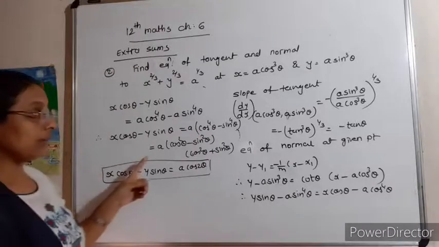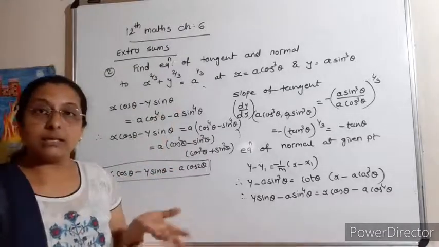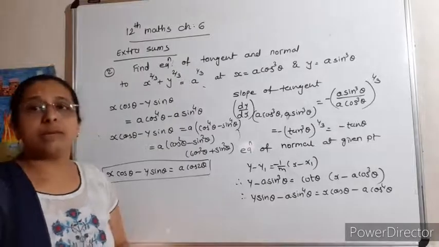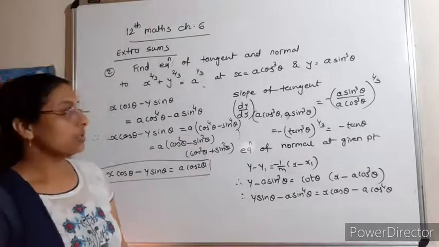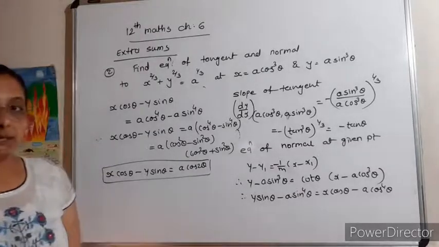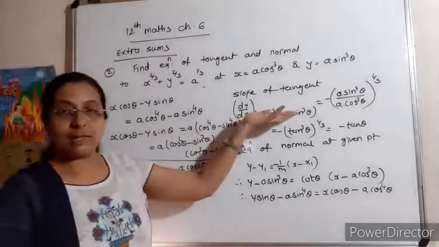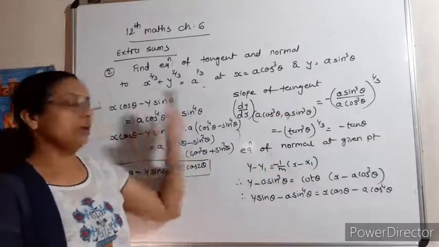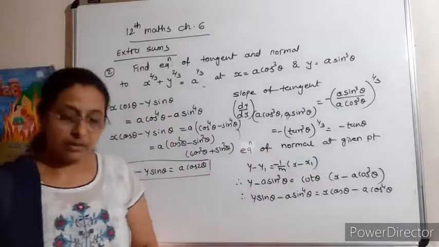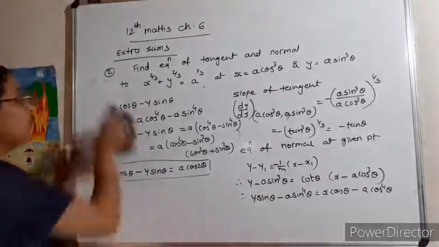Do you understand that? Both the way you have to write the simplification only in both the equation. Otherwise, both equation is very easy, right? So, that method remains same. You just find the slope of the tangent, simplify, write the equation, simplify. Normal, simplify. That's it, right? So, do it. Then we do some more sums.